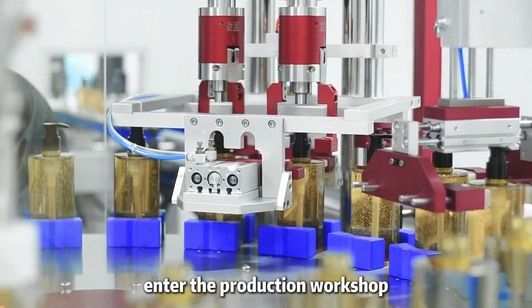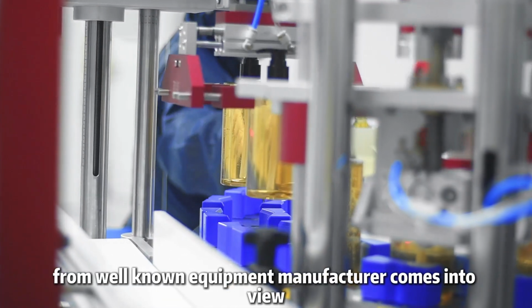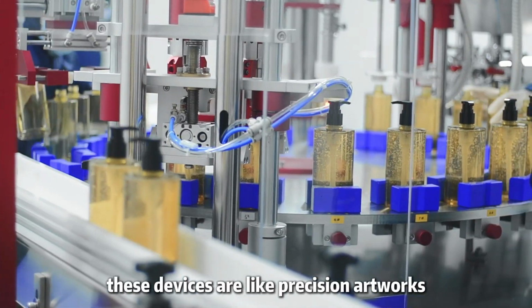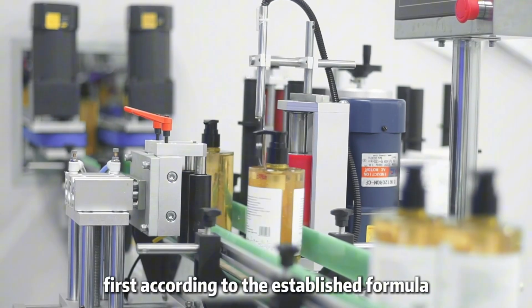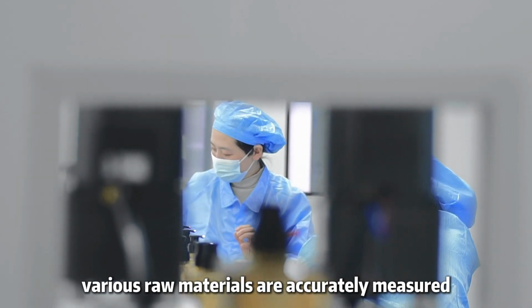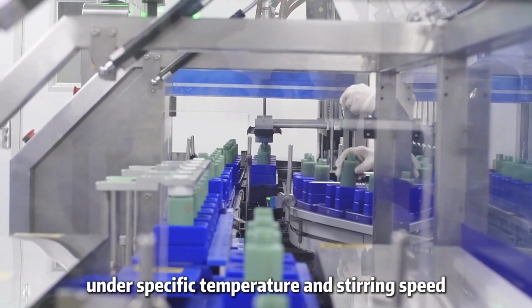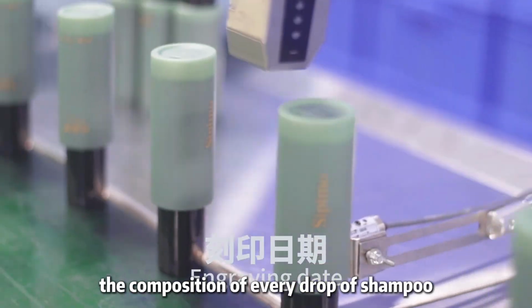Enter the production workshop, and the advanced production equipment from a well-known equipment manufacturer comes into view. These devices are like precision artworks, operating efficiently and precisely. First, according to the established formula, various raw materials are accurately measured and put into the mixing equipment. Under specific temperature and stirring speed, they are fully blended to ensure that the composition of every drop of shampoo